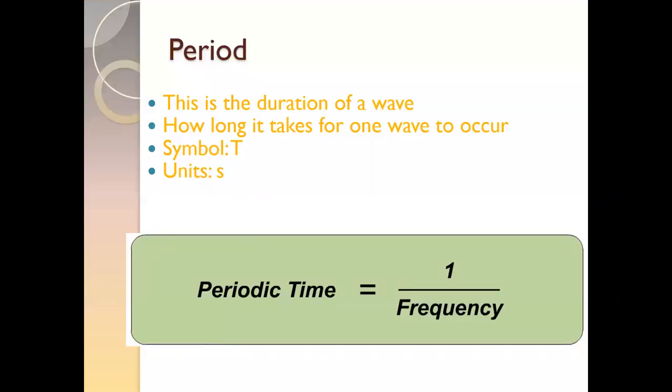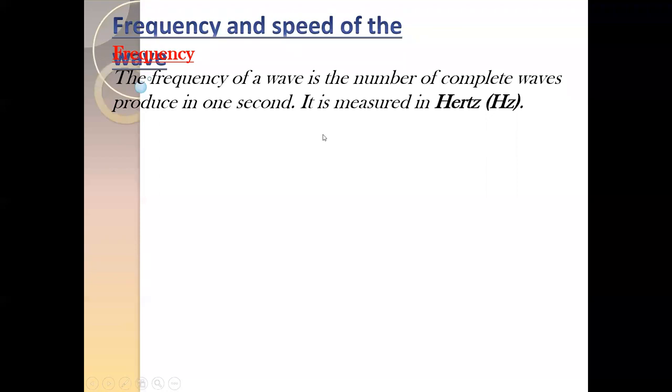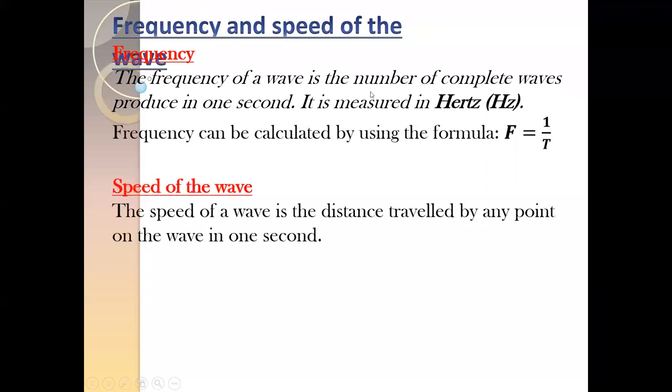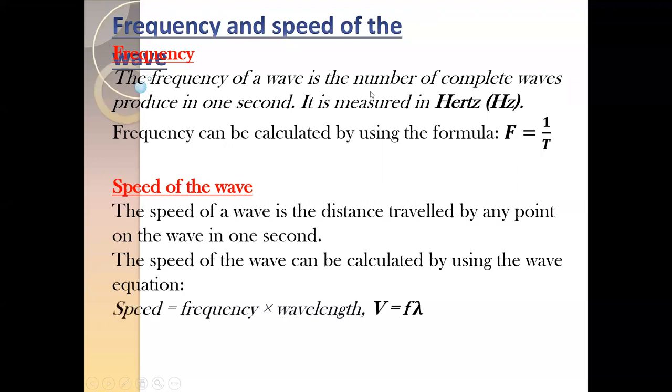Then the period, as we discussed, we can take the reciprocal of the frequency to get the time period. And the wave equation, the formula which relates the speed of the wave with the frequency, is speed equals frequency times wavelength, or v equals f lambda. This formula is valid for all kinds of waves. It does not depend on the nature of the wave. Even if it's a transverse wave or a longitudinal wave, we can use this formula